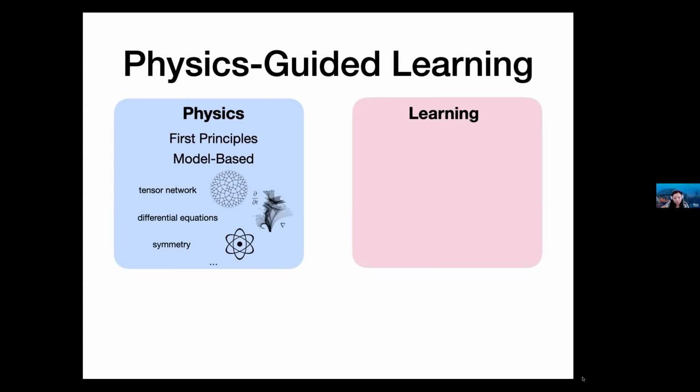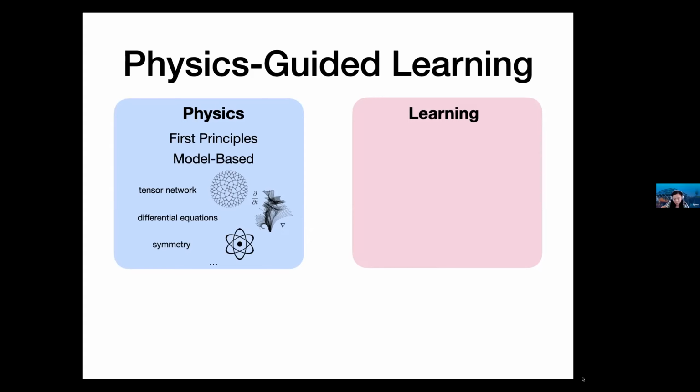But physics-based models, because they are first principle models, can encode domain knowledge. They're quite simple and efficient, meaning they can learn with very few data points. However, physics-based models can be computationally expensive, sometimes because of numerical approximation. They also have a model misspecification problem, which means the models from physics-based approaches can be quite far away from real-world data.